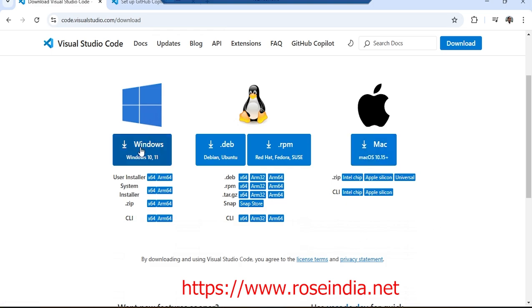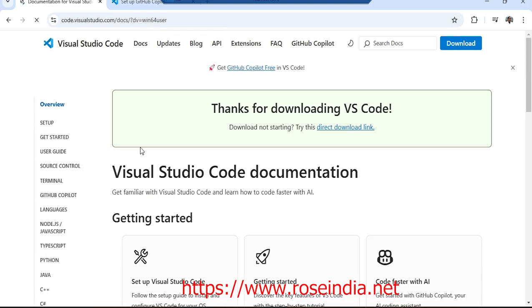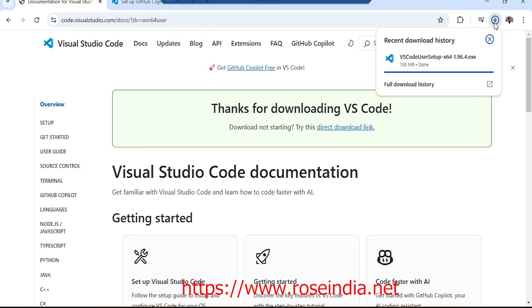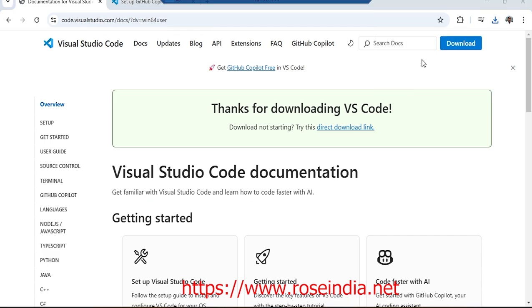I am using Windows, so I am going to download it for Windows. I will click here and the download is started. The latest version is 1.96.4. To run, click on the exe file,